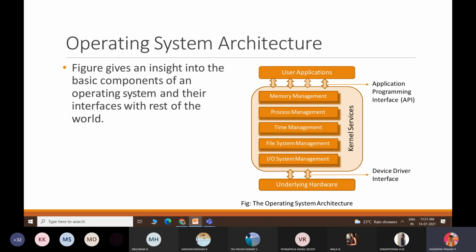Those things will be managed by IO system management. File system management is with respect to the driver circuit, the hardware requirement, so the supporting files will be in this file system management.